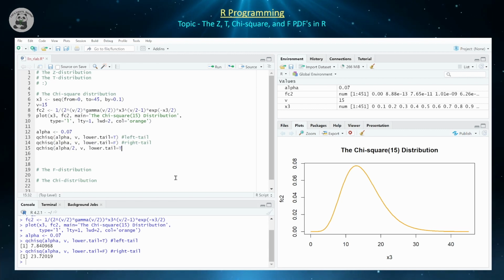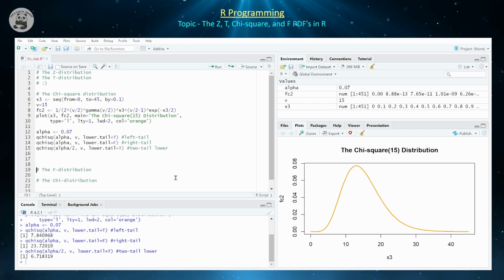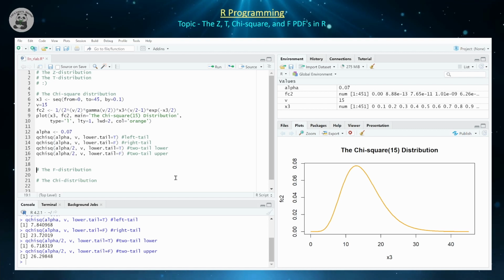So this is the two-tailed lower critical value, which is approximately 6.72, and that's qchisq of alpha over 2, nu, and then lower tail is equal to false. This is going to be our two-tail upper critical value, which is approximately 26.2985. Just like the z and t, you could also have, for example, chi-squared test statistics, which you can